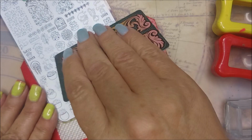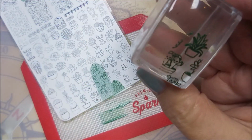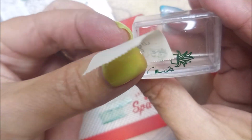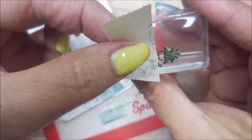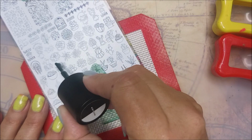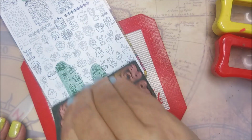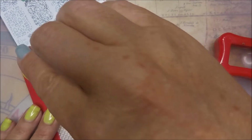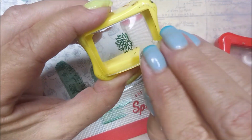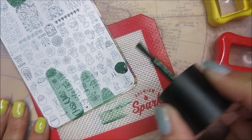And I have had questions already asking about the acrylic plates. Now, they do recommend that you just use regular nail polish remover to clean them. I'm in the same boat with Miss Guyleen over at Guyleen 325, and I use pure acetone on mine, and I have never had a problem with the H. La Cosedora plates. They clean fine with the acetone, and I haven't noticed any degrading of it at all. Now, you do what you feel like you need to do, but I'm just letting y'all know, really, for real,